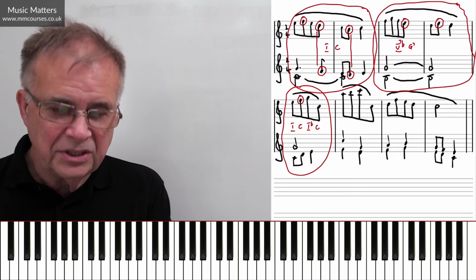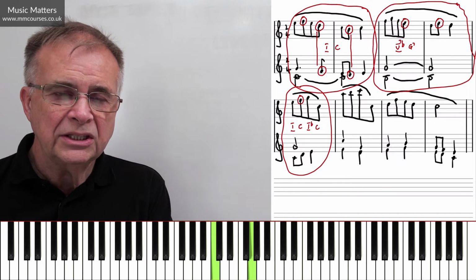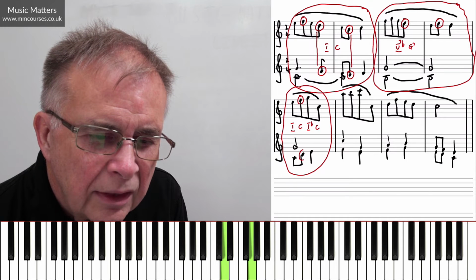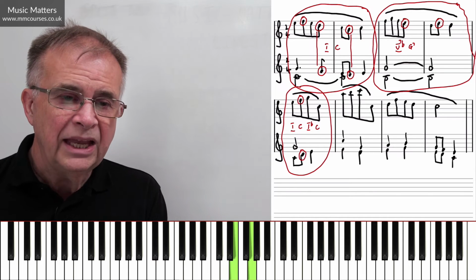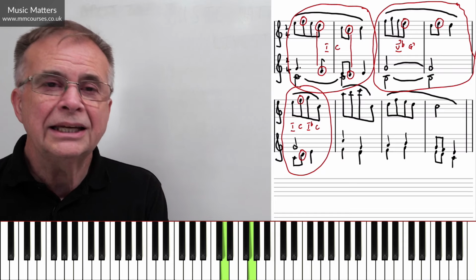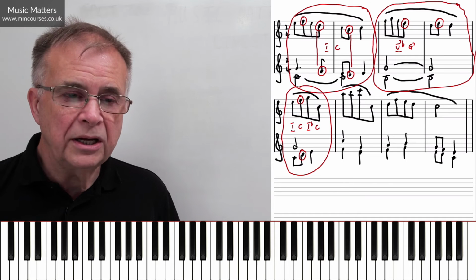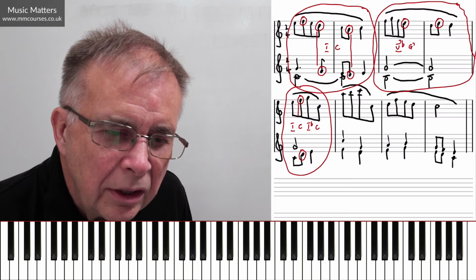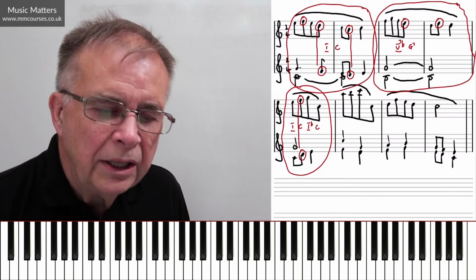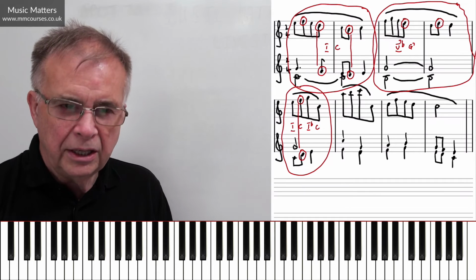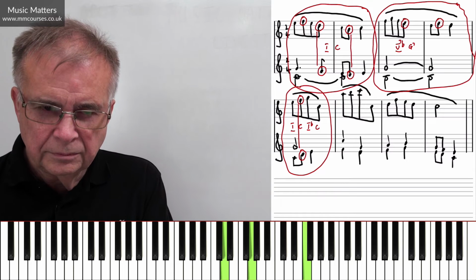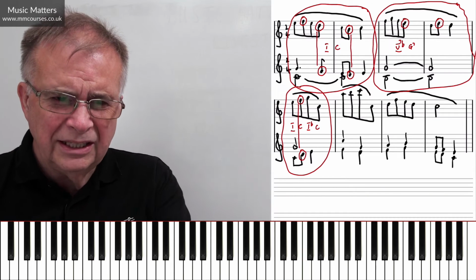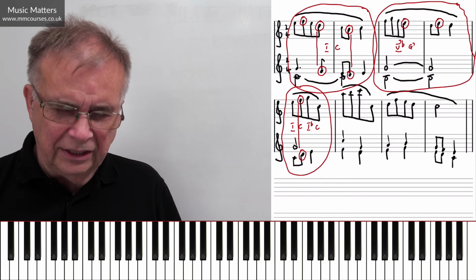The same thing happens in the left hand. We start with G and C, they both belong to the chord. D doesn't, E does. And again, that D in the left hand is a passing note or a passing tone. Again, both hands are using them at the same time. So it's a double passing note or a double passing tone. See how that works?